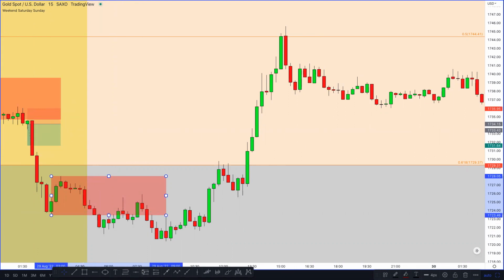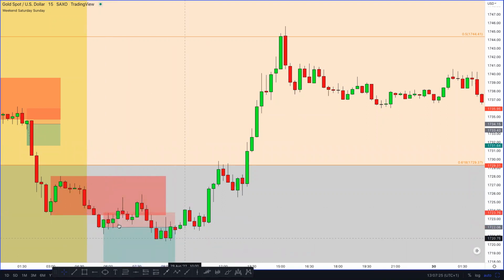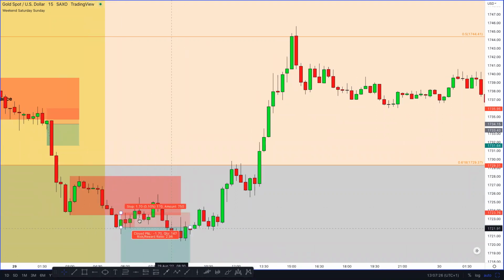Let's even try and see if I can do it like this to make it better for you. Short tool, we would have got in about there because of the close of that candle. We would have lost this trade here. And all we care about here is the stop loss in pips. So you still would have been up a certain amount of pips there, not too much, maybe 5 pips.